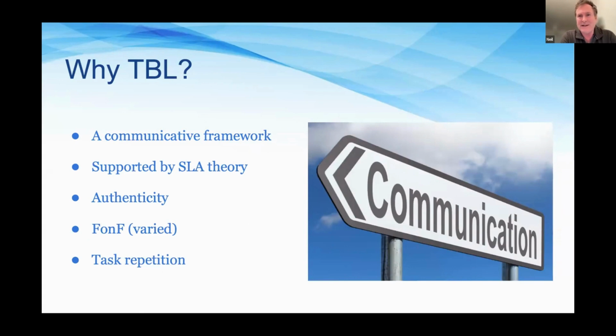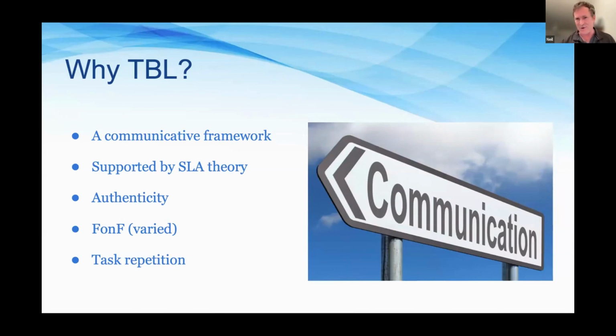What is task-based learning and why is it good? I know that you'll be at different levels, and some of you will be very familiar with this. So if you are, bear with me, there'll be a lot of revision here. First of all, we're all in the business of communicative language teaching, and task-based learning is a communicative framework. It puts the task, which you might think of as the freer practice stage of lessons if you're doing CELTA, rather than shuffling that along to the end of the lesson, it puts it really center stage, the centerpiece of the lesson.